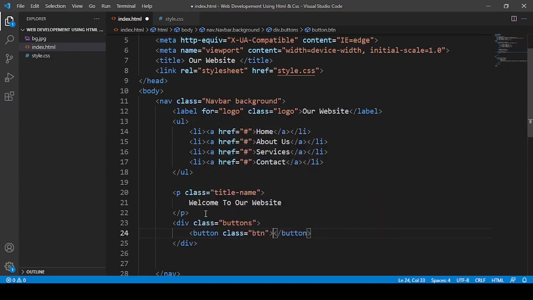I'm going to hit enter, and in that I'm going to say first our services. In that one I can say no more, or our services, your choice. I'm just going to put no more or hover me, and I'm going to save it.